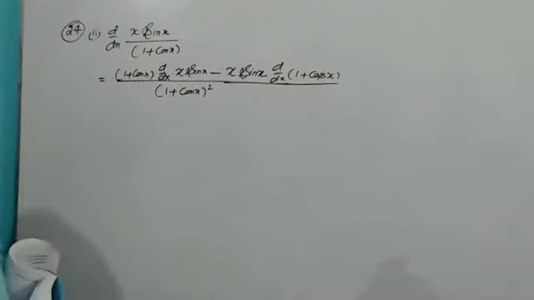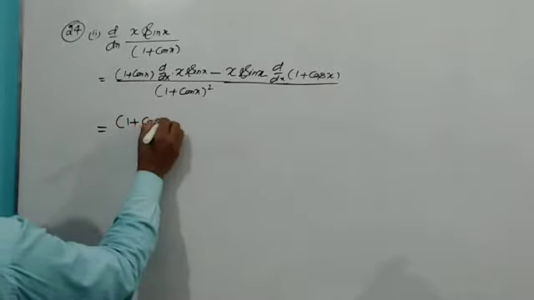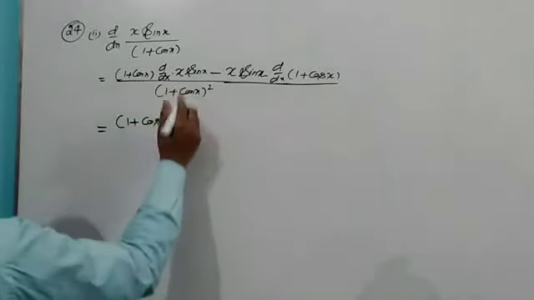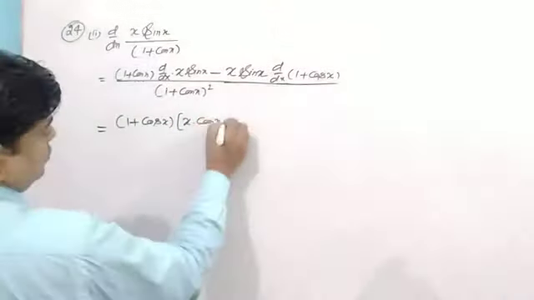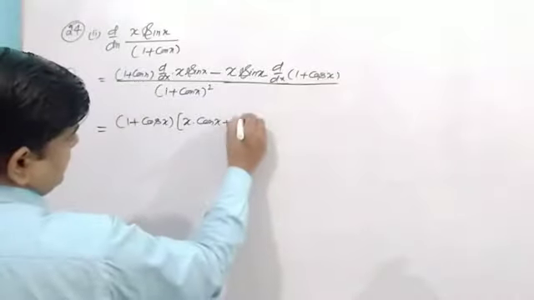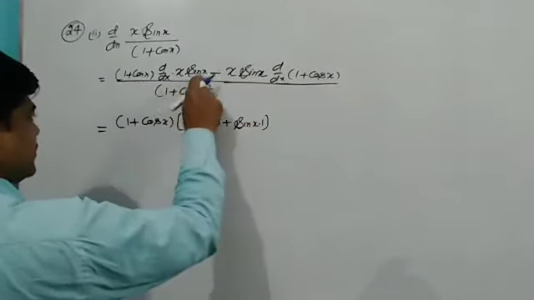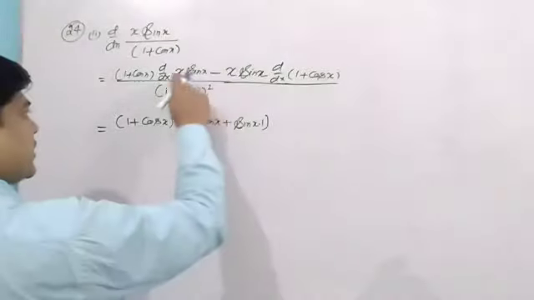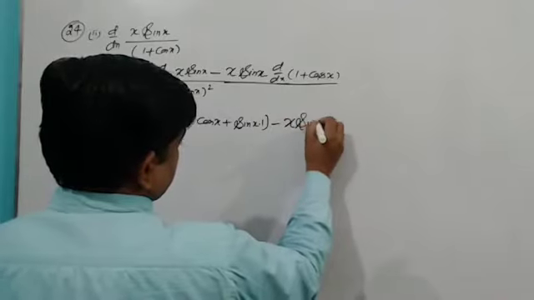I can write easily, no problem is there. Now, it is 1 plus cos x. Here I can write first into second, x into cos x plus sin x into 1. What I have done? First into second differentiation plus second into first differentiation,